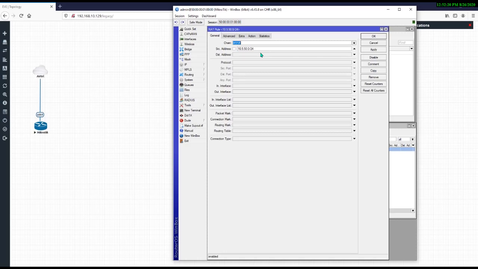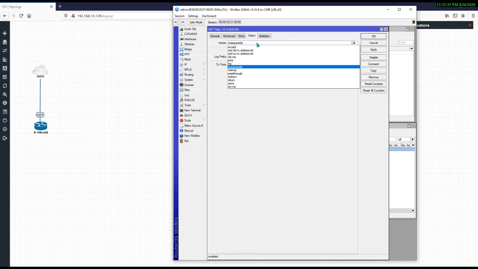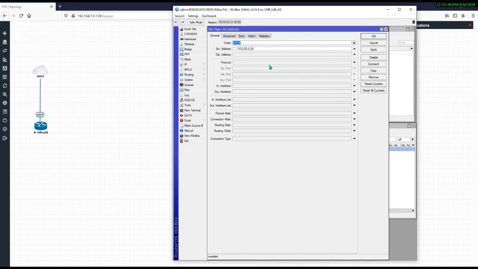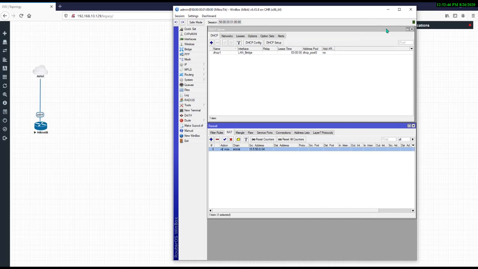The request will go to the MikroTik router, and the RouterBoard will see that this is for google.com, which goes out through Ethernet 1. Masquerade means the internet port. This rule will transfer this complete network to your internet port. So now you are able to access the internet.